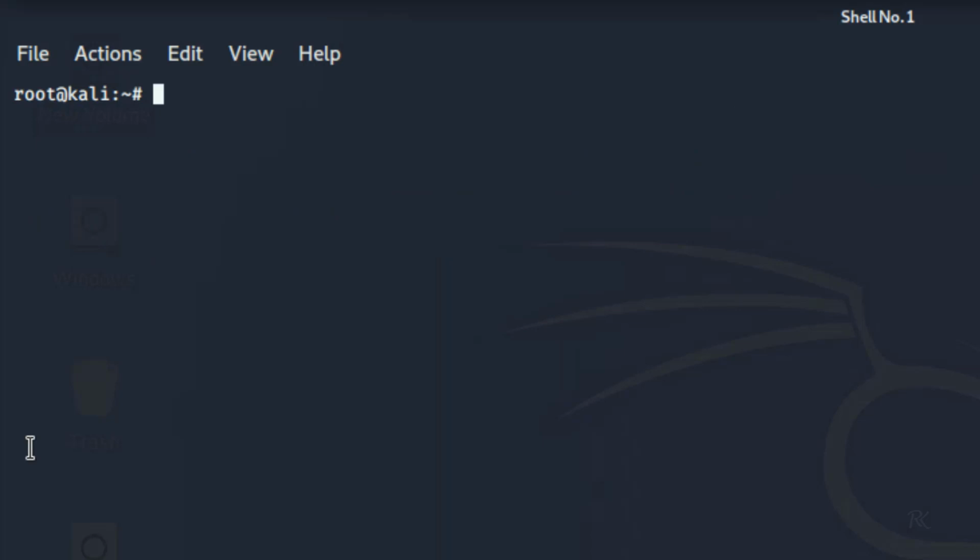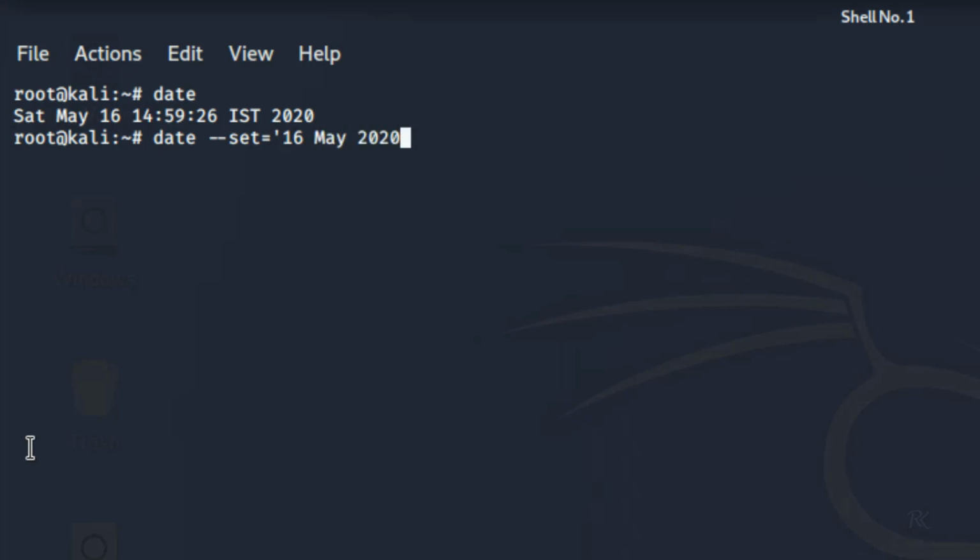Now we will see a different command. Just type date in your terminal and you can see the current day, current date and the time of your system. And if you want to set it manually, you can write date --set= and then specify the date and the time which you want.